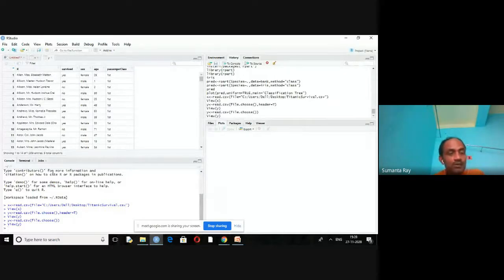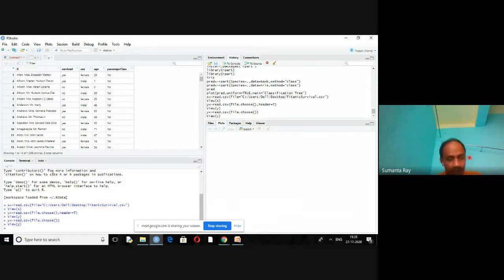If you use header equals to T, meaning TRUE, then the first title row will act as the column headings. Otherwise, it will act as a simple tuple, the same as other tuples. Are you getting me? Because of that, header equals to TRUE keeps the first row as the column heading. That's why header equals to TRUE or T is used. So these are two different commands for importing a CSV file in R.